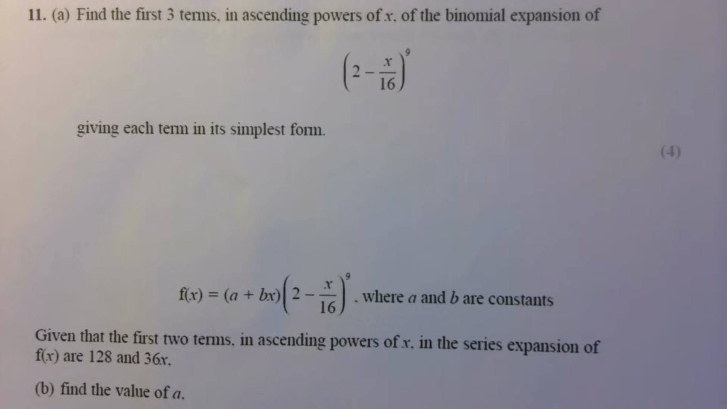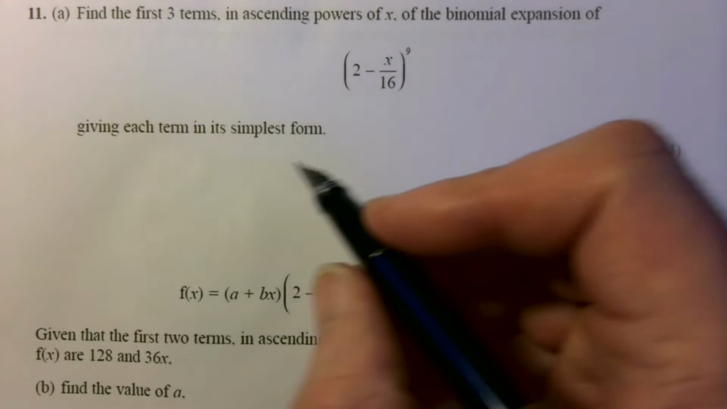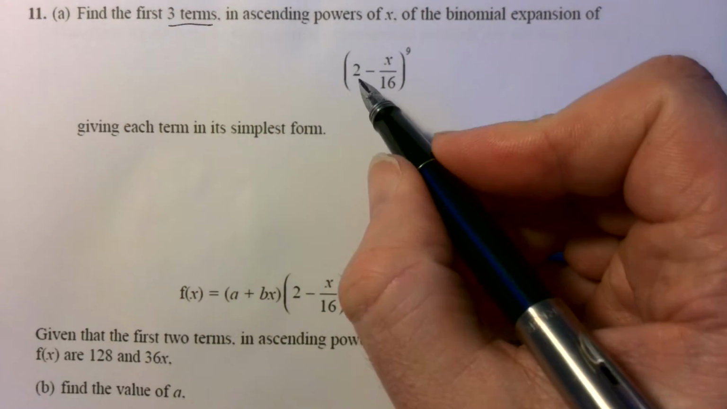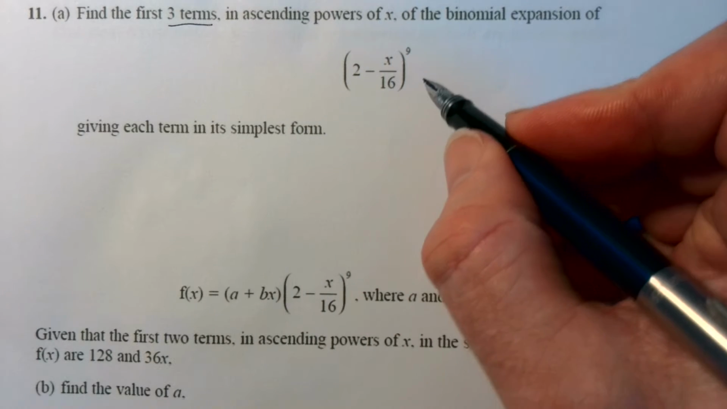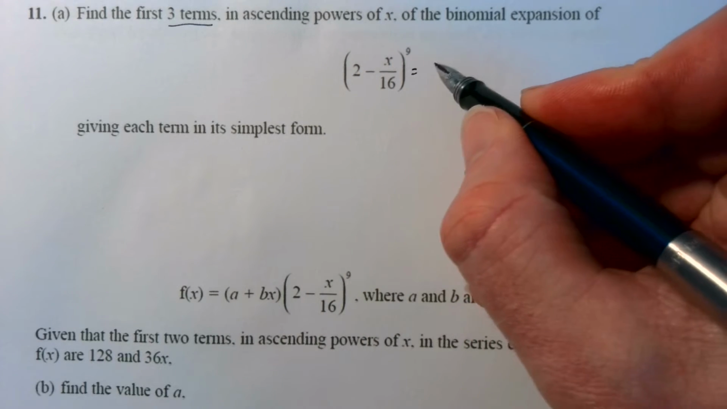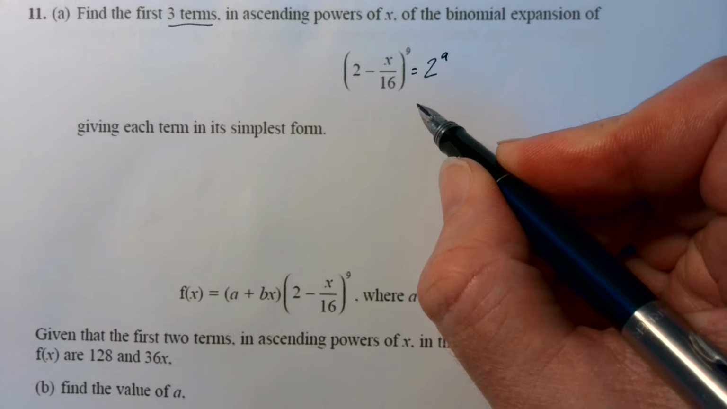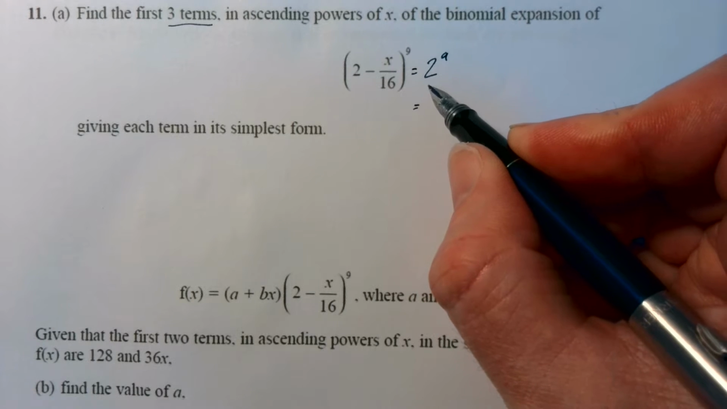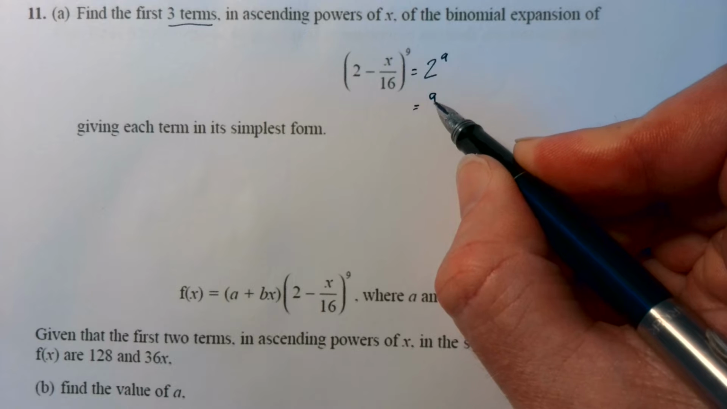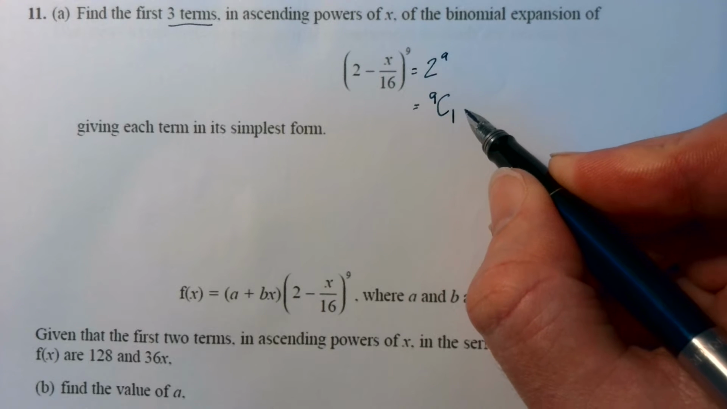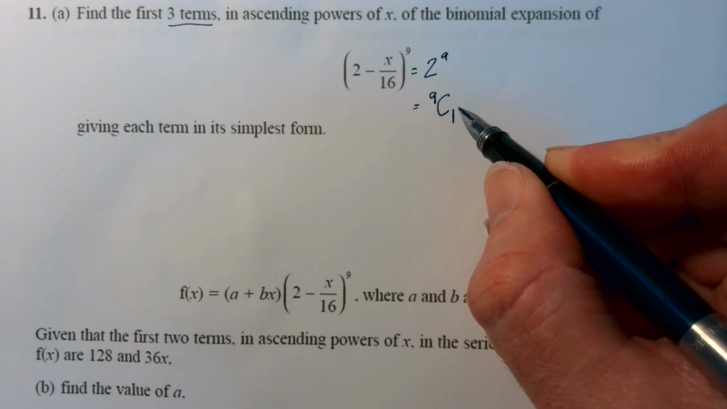Okay, binomial expansion. So you only need the first three terms. The first term is really simple, isn't it? The first term is going to be 2 to the power of 9. The second term is going to be 9 choose 1, which will just be 9, but you can check it in the calculator anyway in a moment, times